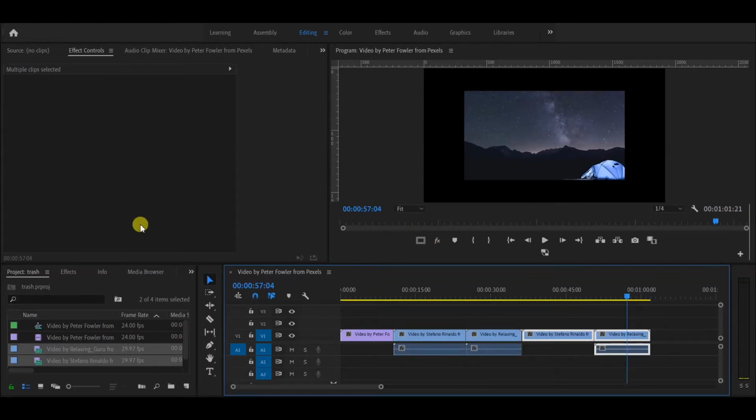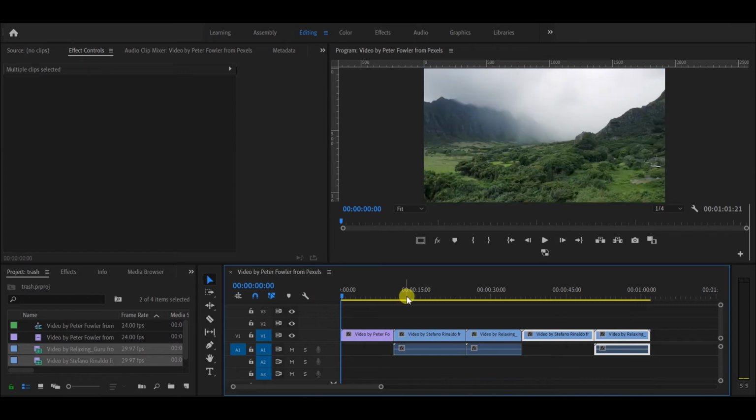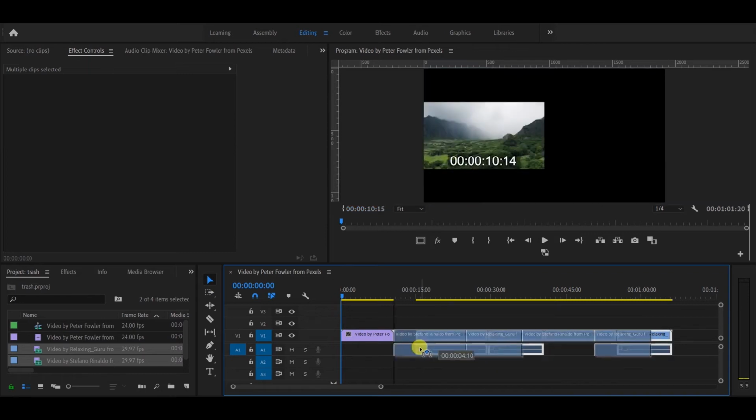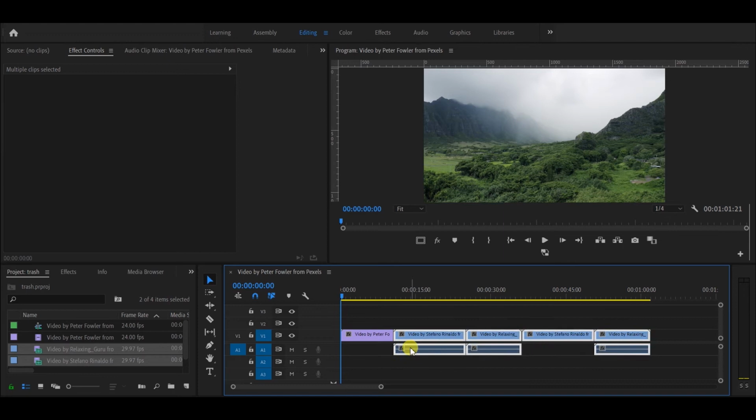So tip number 3 is about how to select and shift a whole part of the video. Sometimes it becomes very difficult to move a particular section of the video like this. If we have multiple videos over and over again, it is sometimes not suitable to use this select tool. So in this case, what you can do is press the A button on the keyboard.